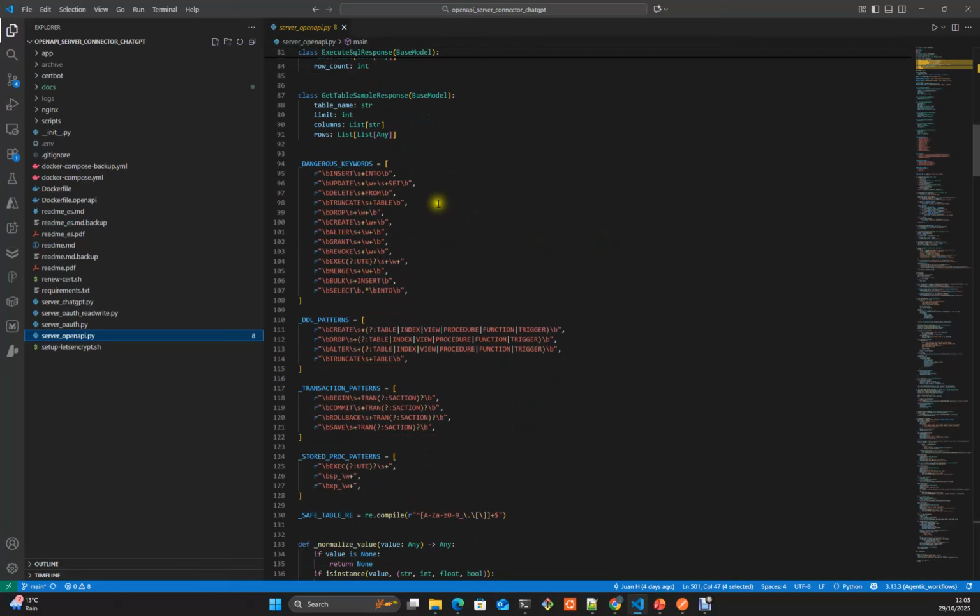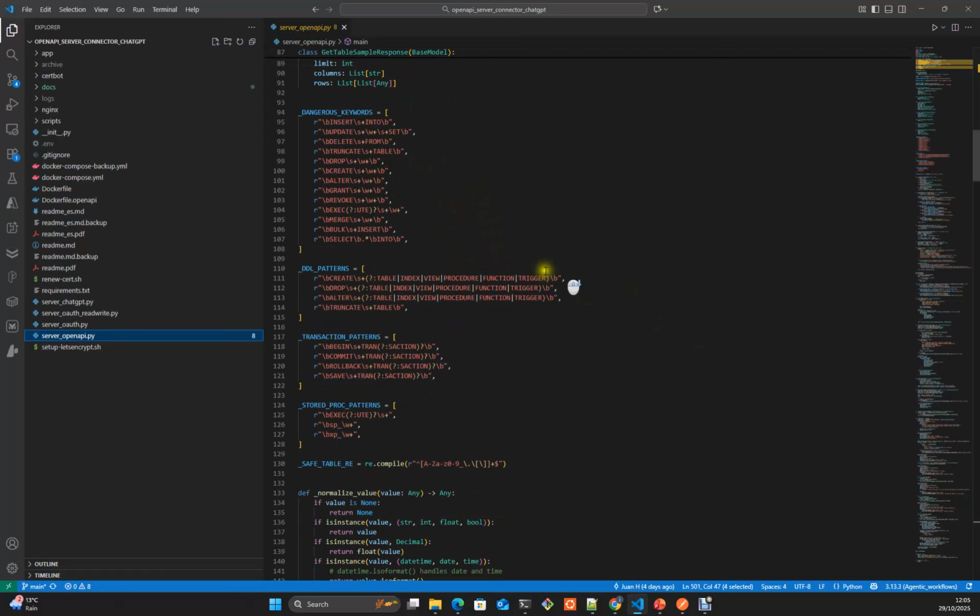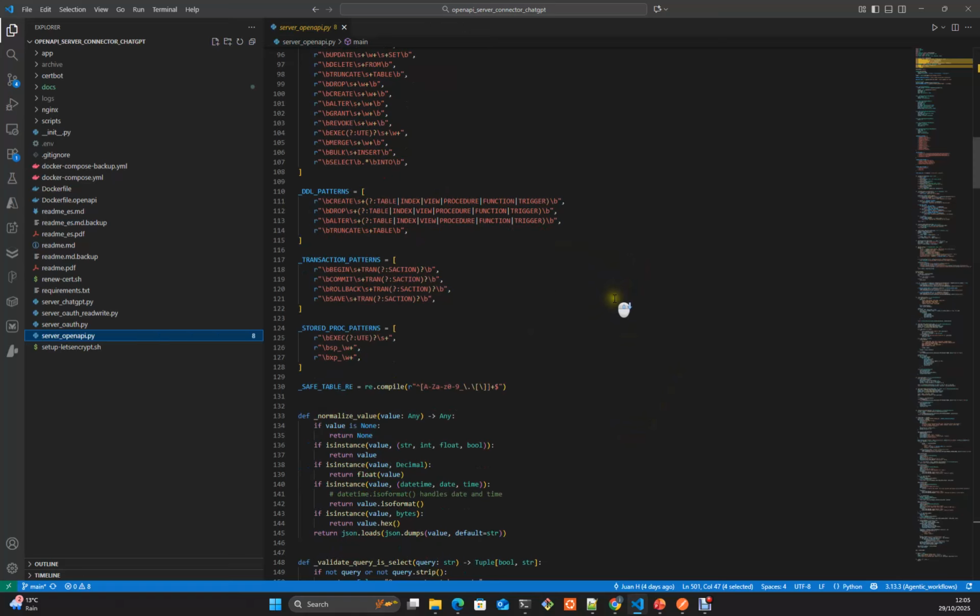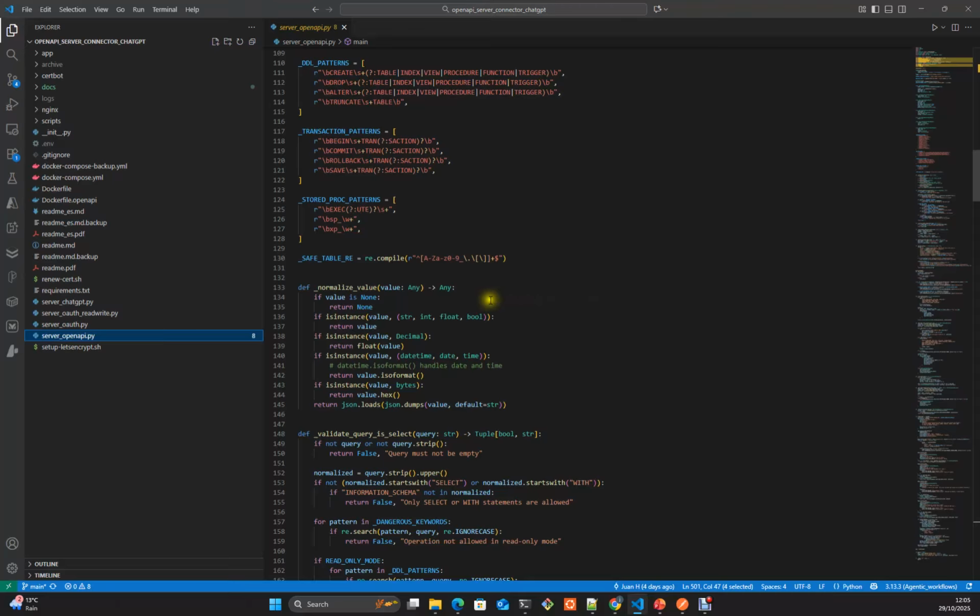Here we had the classes that we will filter when we do the SQL query sanitization. We are defining what is dangerous. You can extend this, or you can remove some of the stuff if you want to allow this SQL server to do something different.